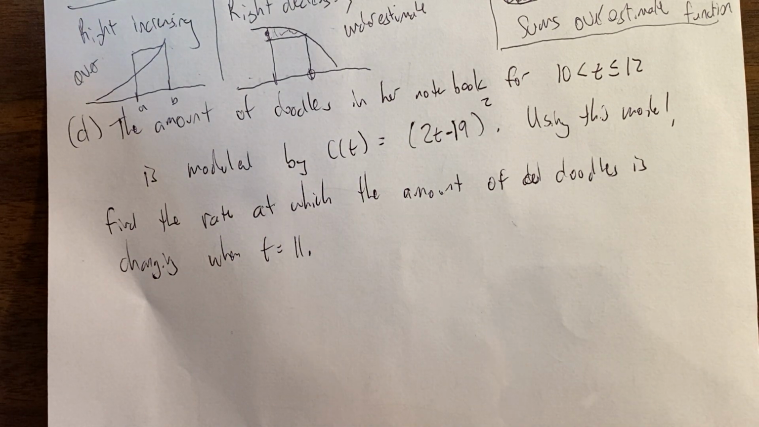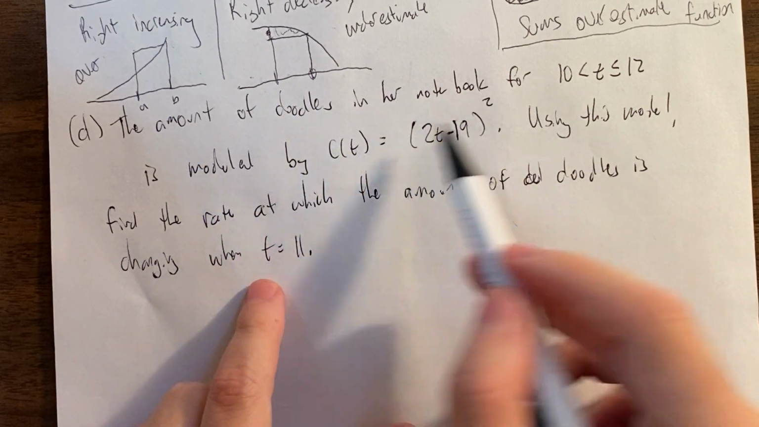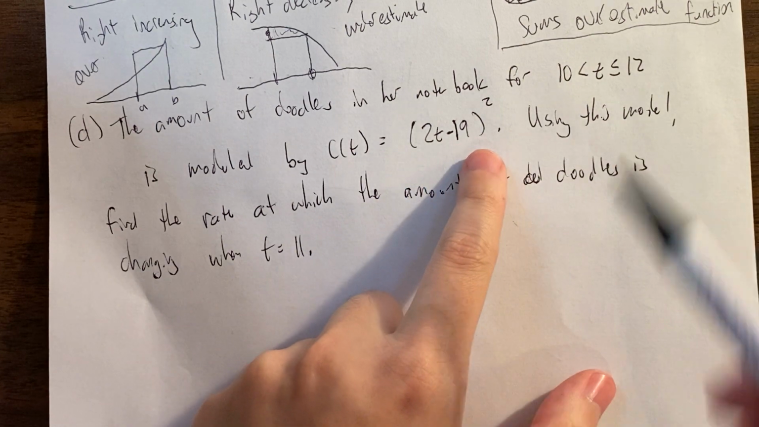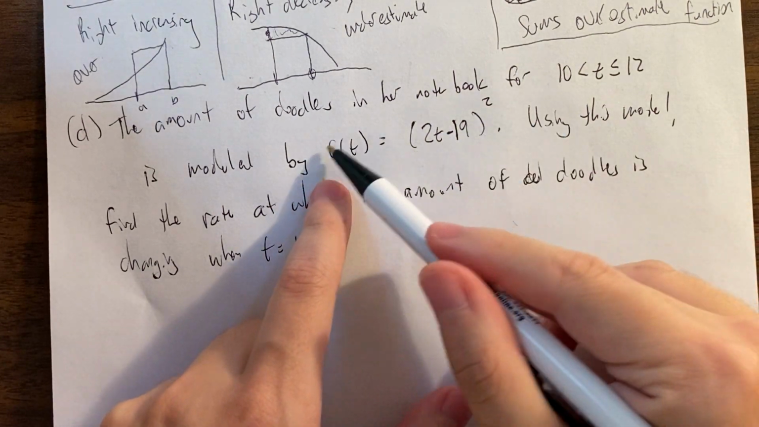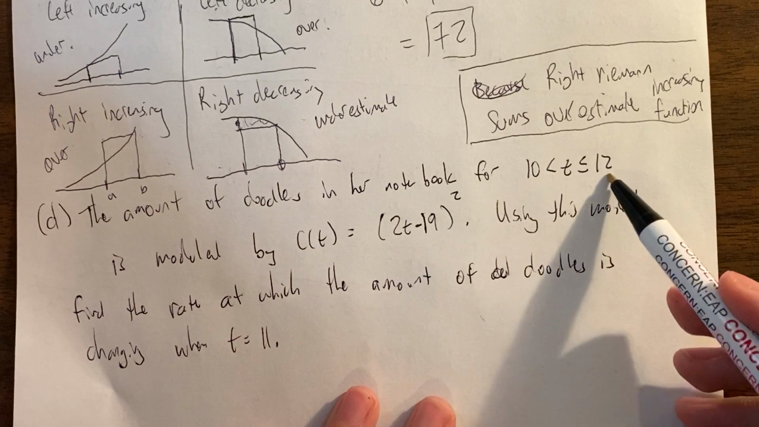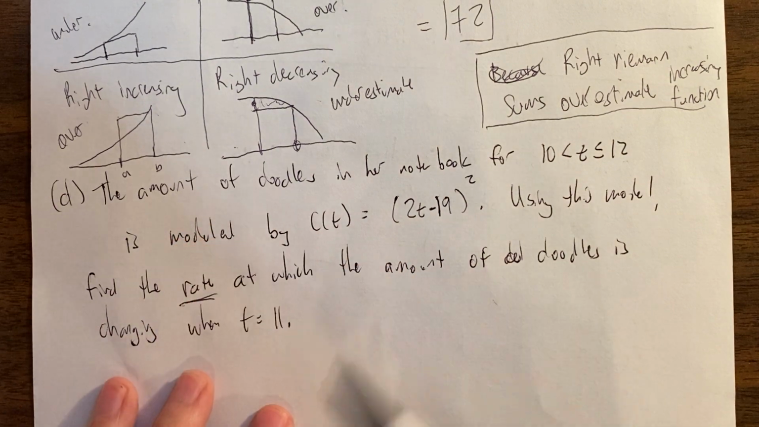But in this case, we are just taking a derivative because it says the amount of doodles in her notebook. This is still Castle. She draws lovely doodles in her notebook. It says it's modeled by this function now instead of the table when you have 10 to 12. And then what we're going to do is we're going to find the rate. Rate means derivative, of course, so